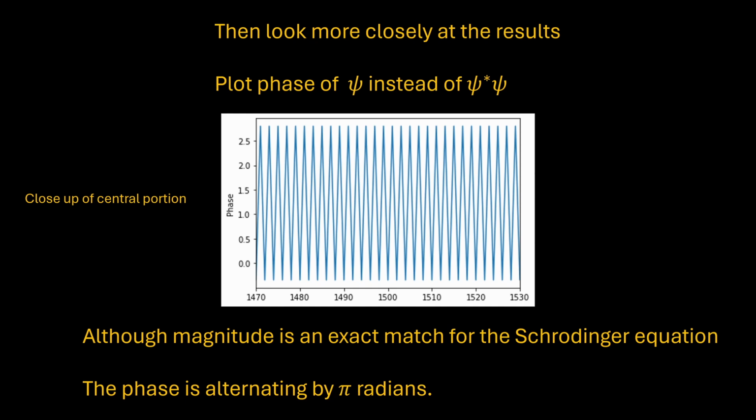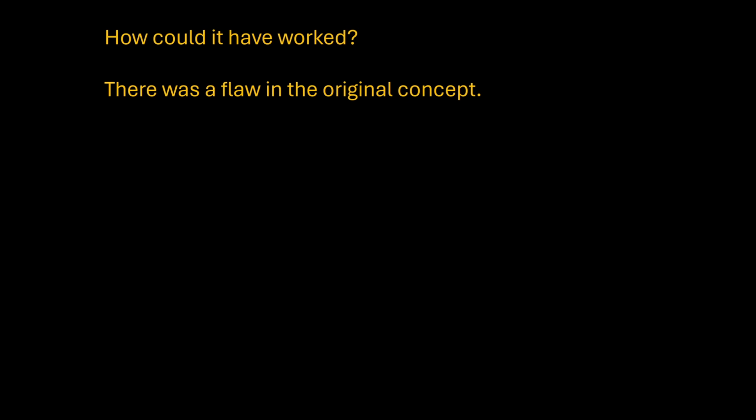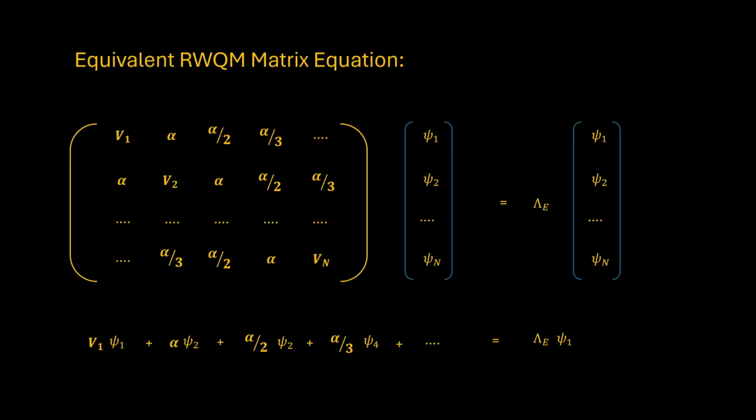For a few days, I was quite despondent that the results did not properly match those from the Schrodinger equation. It seemed as though the theory had got so close, but still got it wrong. How could it have worked? As my thought processes progressed, I became aware of the flaw in the whole concept, which some of you might have seen coming. If you look at the equation for 1FR presented at the bottom of this slide, you will